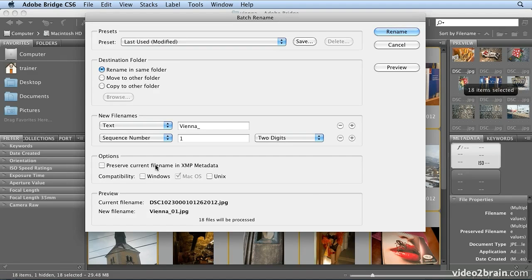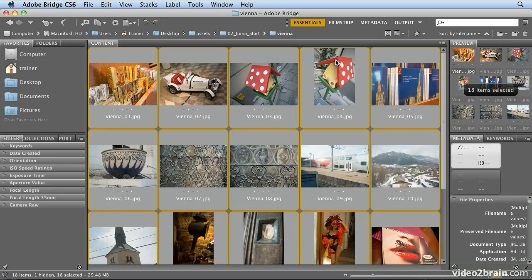So they would preserve that original file name so that when it goes back in the database, there's a reference to both the image it started with and the new corrected image. But in this case, I don't care what my camera named it. I just want it renamed. So when I hit rename, boom, it's that fast. It's already done. Once it's finished naming, let's organize Bridge into a more useful workspace, the way I like it,